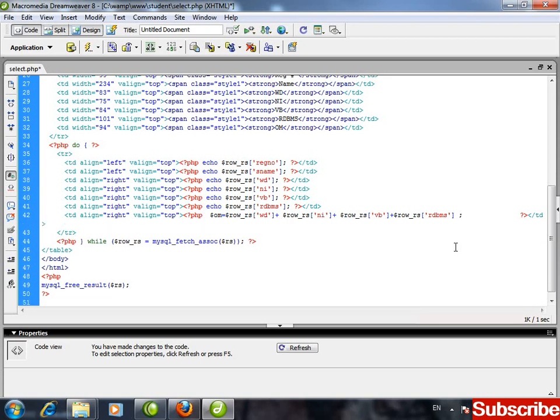Now what it will do is add the marks of web designing of the first student, network infra, Visual Basic, RDBMS, and then store them in which variable? In this $OM it will store.